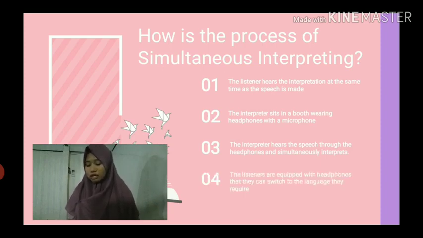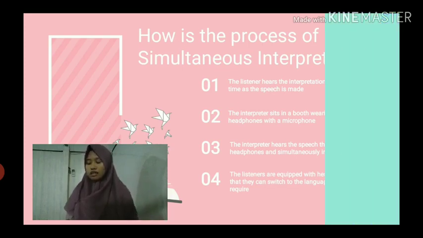And the last one is the listeners are equipped with headphones that they can switch to any language they want. For example, if I'm a Russian girl in a meeting, I'm equipped with headphones that I can switch to the Russian language. So we are equipped with that. Next is